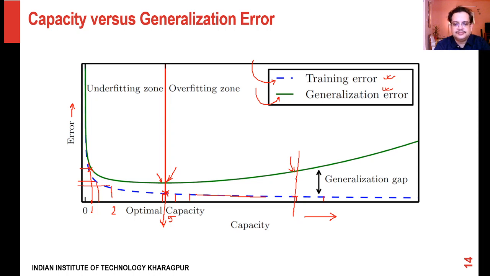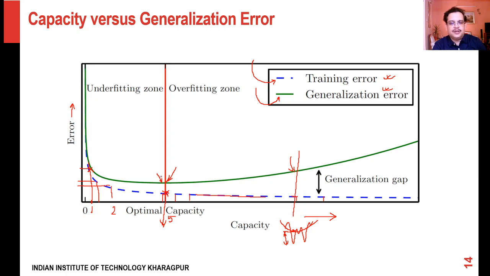It happens because when I go to this capacity, I have actually chosen a function which manages to fit all the points no matter how. Now that is good for this data, but when you present new data, then maybe this was actually a function like this, and in the new data you have a point here, but for that point I now have a significant error, that is this much of error. So the generalization error goes up, and this is called the generalization gap.